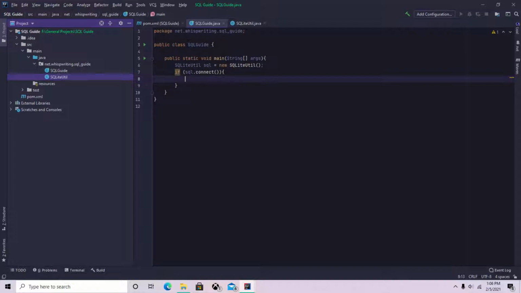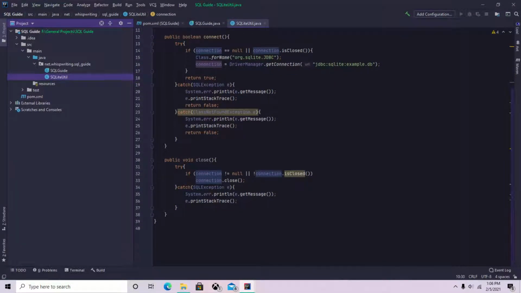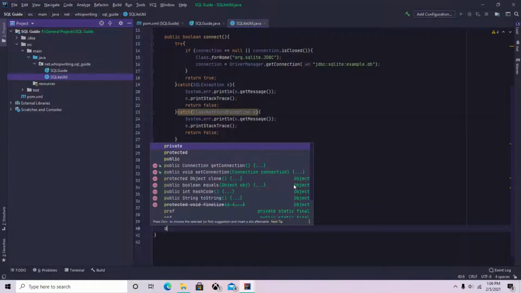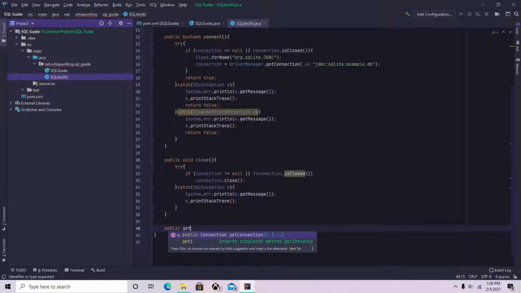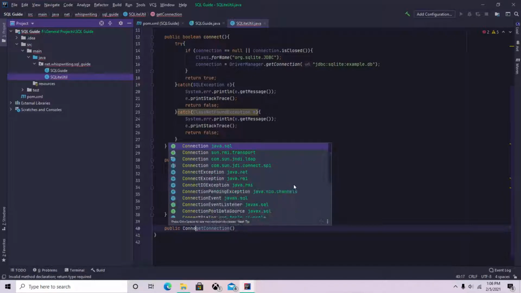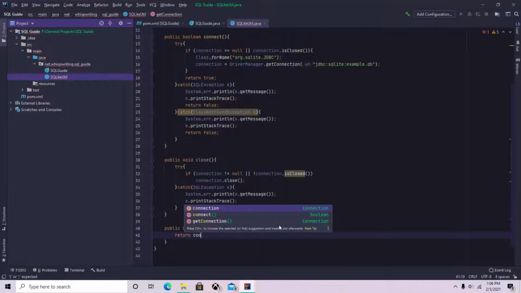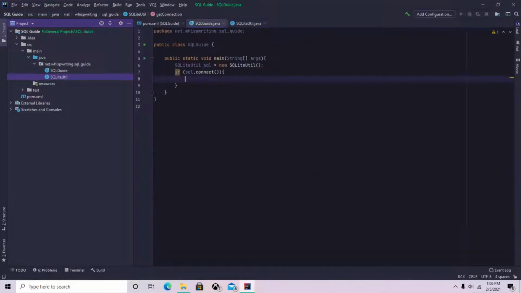Oh, for one more thing, because we need to use this connection variable in order to make queries. So public Connection getConnection, return connection. Okay,